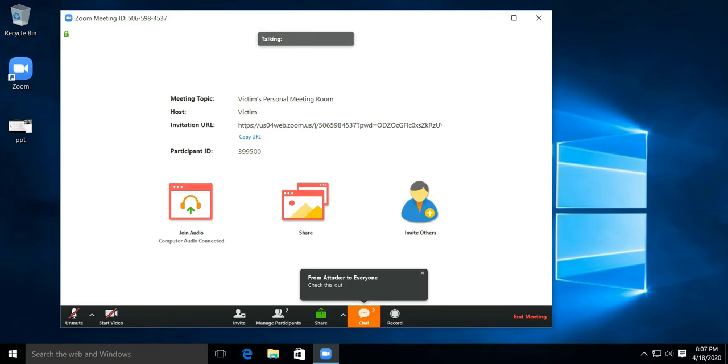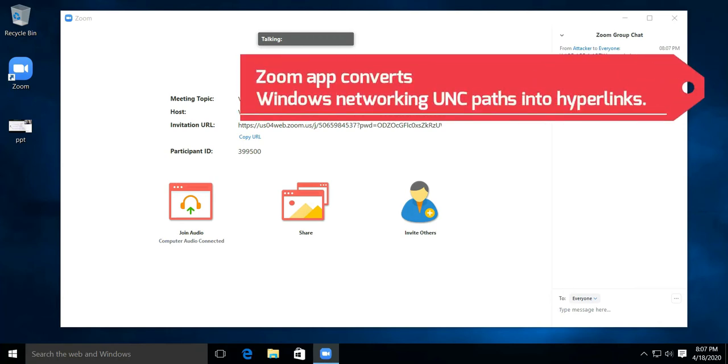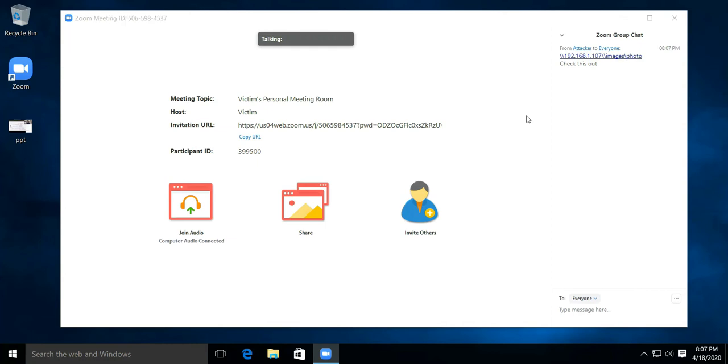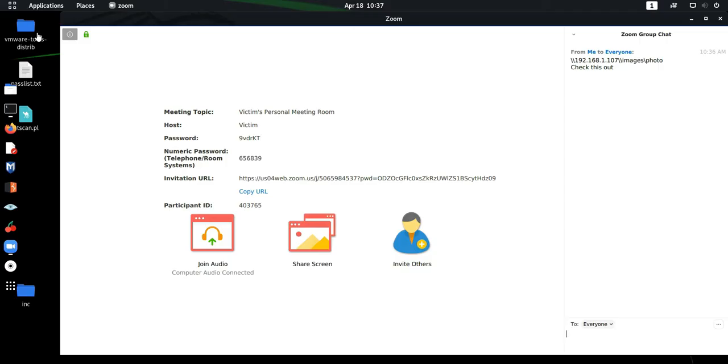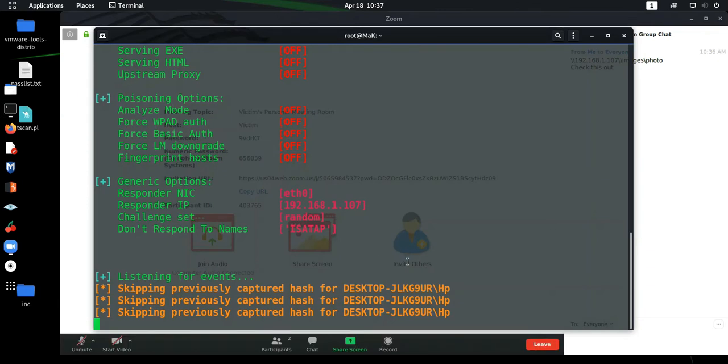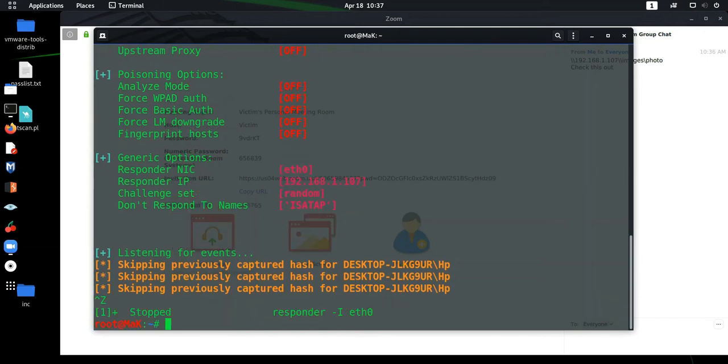Now moving on to the victim side. As you can see, the Zoom app converts the UNC path to hyperlinks. As soon as the victim opens the link, Windows automatically sends the NTLM username and hashed password to the remote SMB server. As I open my listener, you can see that it has already stored the username and hashed password in it. As I have previously done it, it's just keeping the storage, or else it will display here only. I'm going to manually close it. In case it's the first time, it closes on its own by exiting.